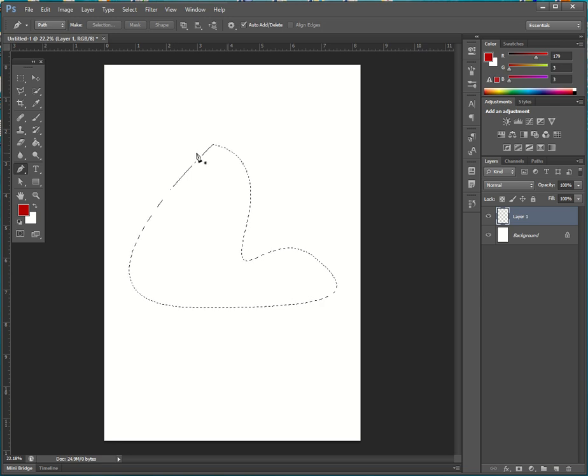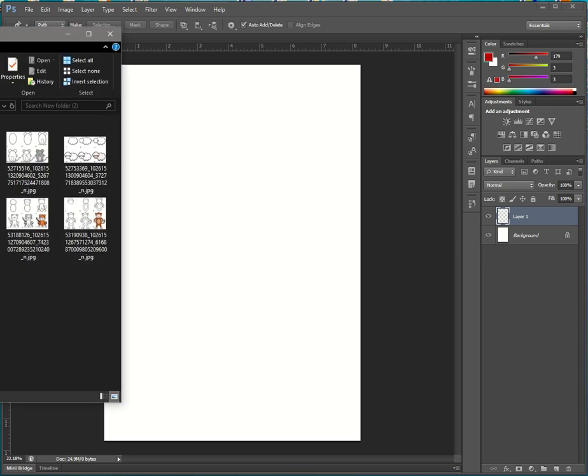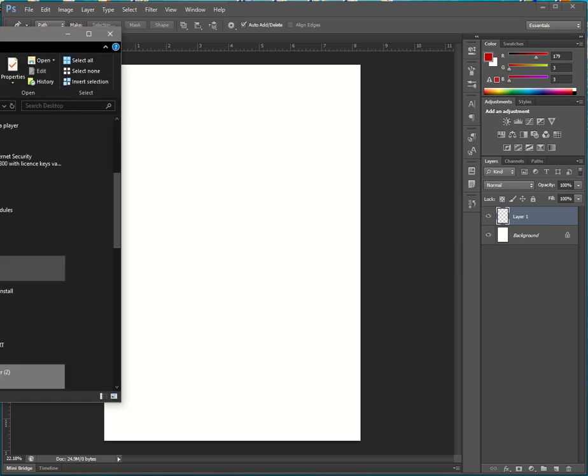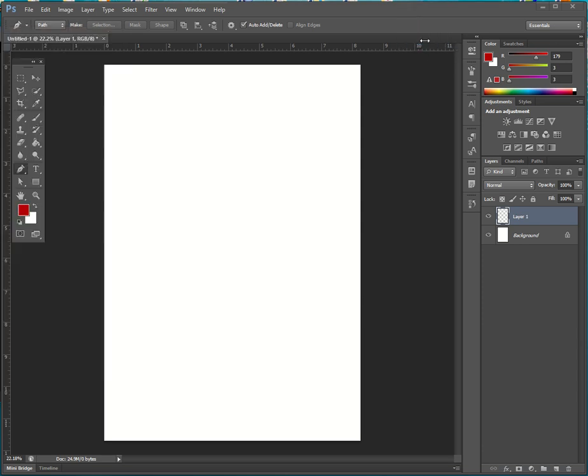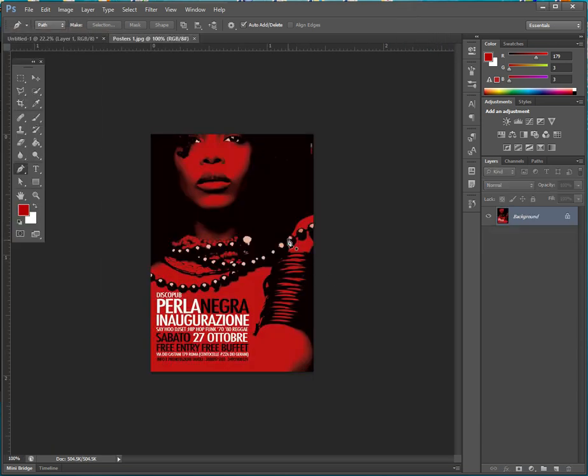Now you can see a selection. Okay, let's load an image. I have an example image, and on an image like this, you can draw a shape,